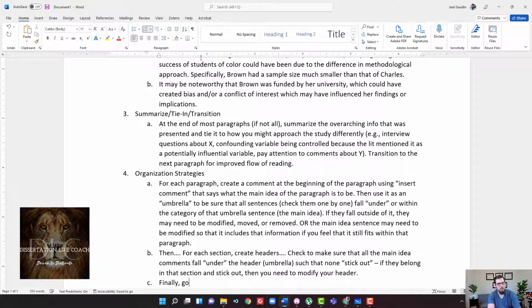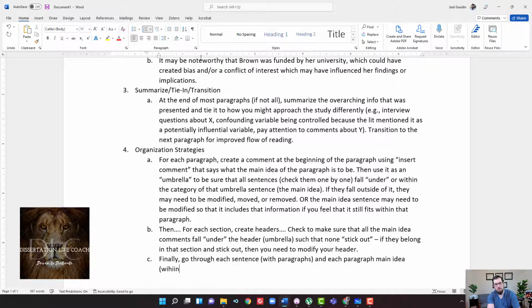Finally, go through each sentence within paragraphs, and each paragraph main idea within each section, to make sure that they flow in a logical order.